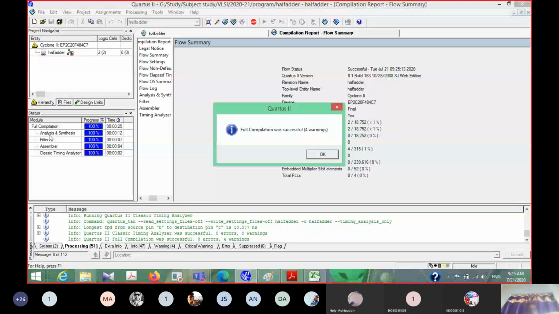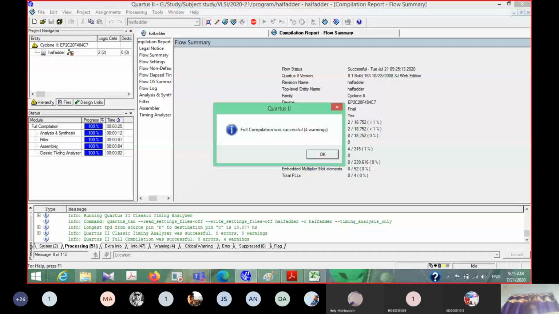Second is synthesis, which converts the VHDL program into the netlist or circuit form. Fitter will check, in a specified device, where to fit the logic generated by the synthesis in the selected device, right?